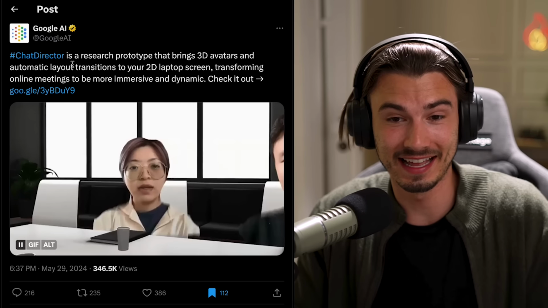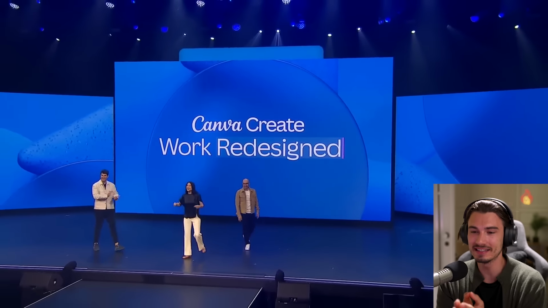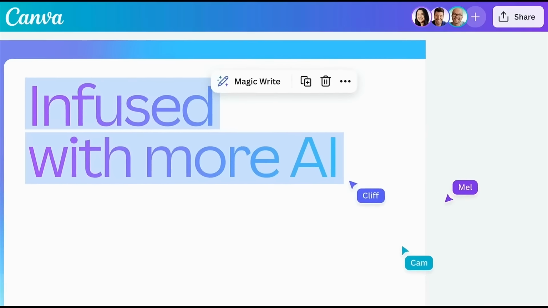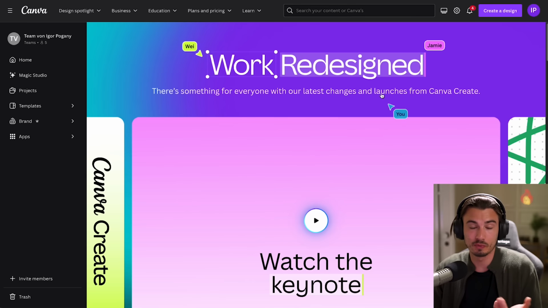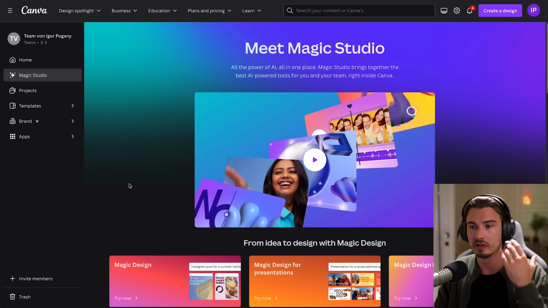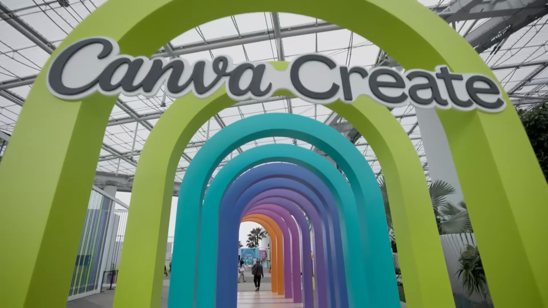And now let's look at the next tool that you can actually use today, which is Canva. And I gotta say, their recent update was quite amazing, but it's not all incredible. It's a bit of a mixed bag, okay? So let me give you the overview of what's new here and which parts of this actually really matter. So look, this is gonna be somewhat of a first look. If you want the full overview, they have a separate keynote, a 1 hour long keynote with all the details of this fleshed out. But basically, Canva,